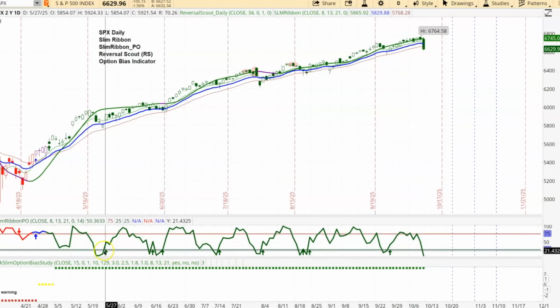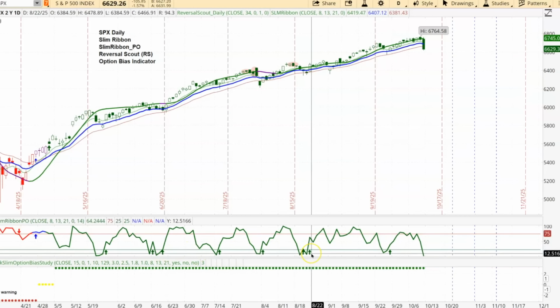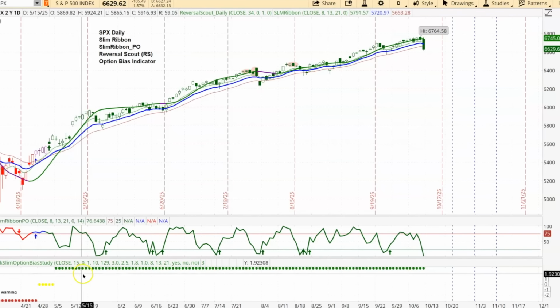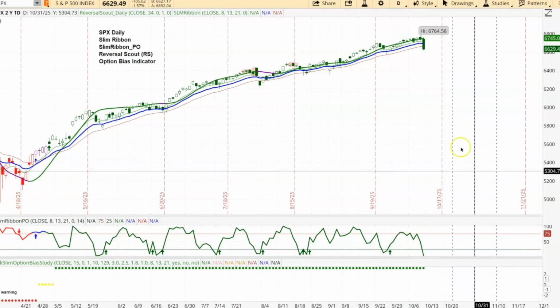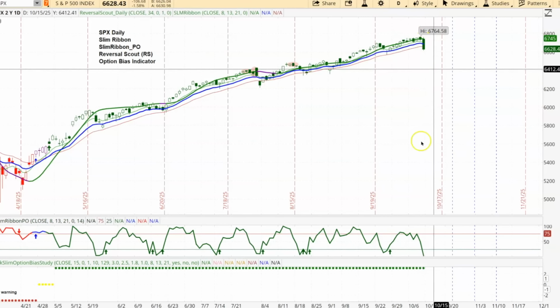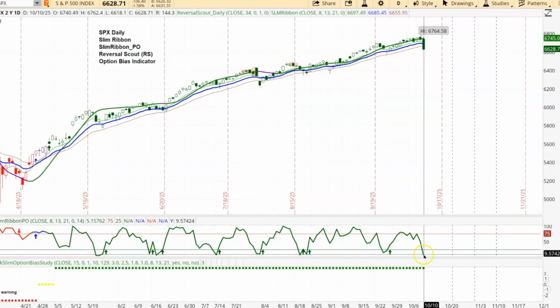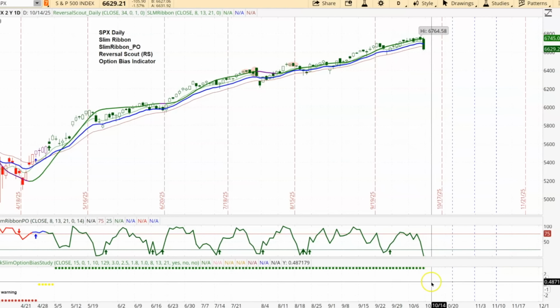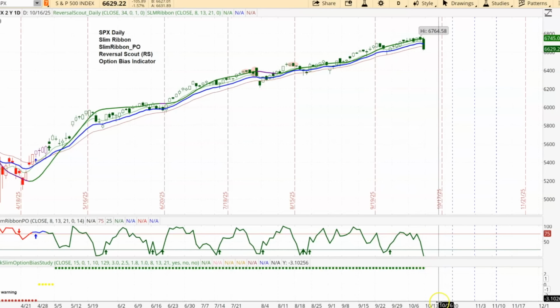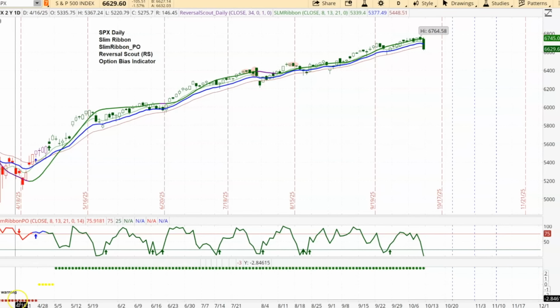Also, the slim ribbon PO on the bottom is giving you these upside arrows, which tells you about momentum resumptions on the upside. You can see how great it is. It really works. This is the option bias study on the bottom, which says to you, keep your option positions biased on the long side. If this gets worse in here, then this will turn blue and you will not get a resumption area. This will turn yellow, it will go to neutral, and then potentially turn red